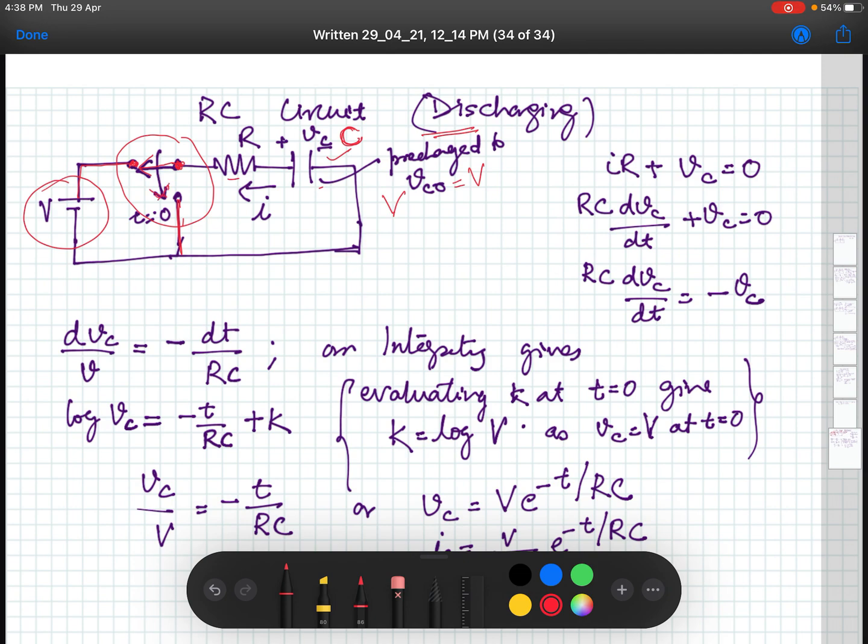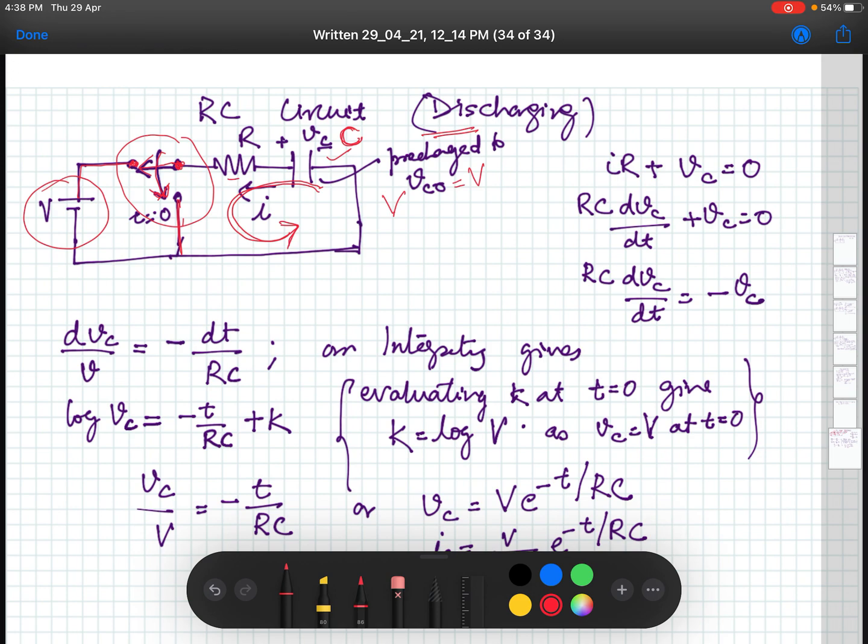And when it is thrown to this position at t equal to 0, the RC arrangement is closed like this, and a current flows because C has a charge on it. That means it has a voltage on it. In that condition we can analyze the circuit when the capacitor is pre-charged and it is discharged through